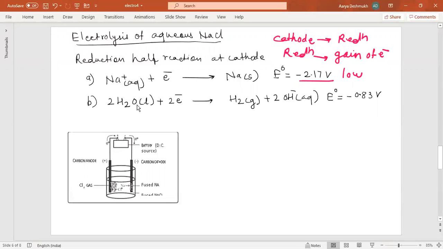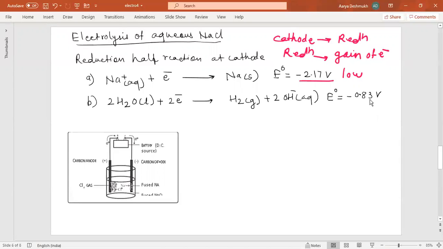So here this water is getting reduced to H2, and just to maintain the stoichiometry of the reaction, you will have to balance the reaction. H2 gas is produced when water accepts 2 electrons, and it dissociates into H2 and twice OH minus. This reaction you can write as 2 H2O plus 2 electrons gives H2 plus 2 OH minus. Now you check whether the reaction is balanced or not. There are 2 hydrogen and 2 plus 4 hydrogen on the right hand side. There are 4 on the left hand side also. There are 2 oxygens here, and here also 2 oxygens. So in this way the reaction gets balanced.